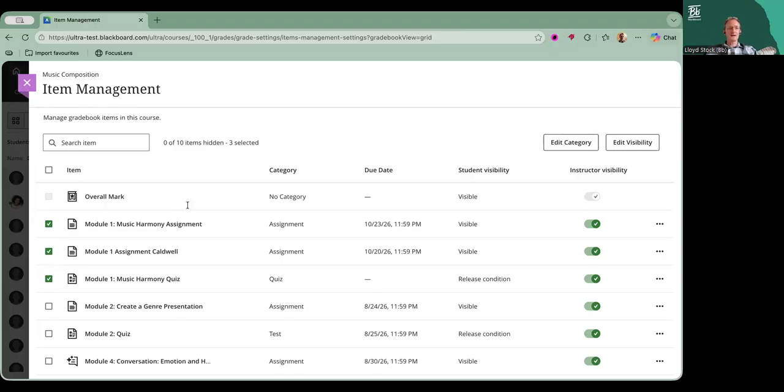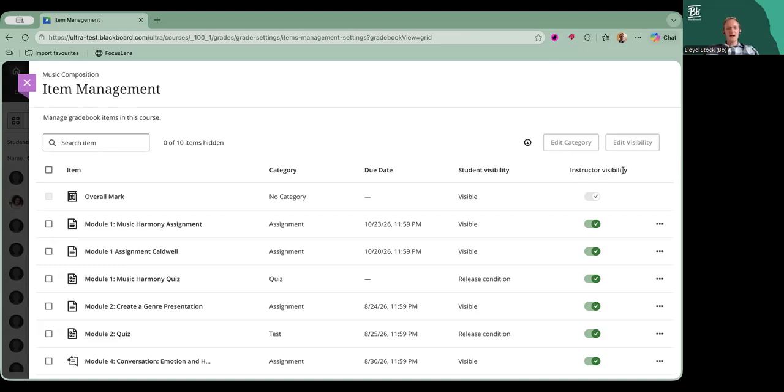You can't do that here. But what you can do is bulk edits on categories and visibility. Visibility can be done from the content area anyway, but category adjustments need to be done here in the gradebook. So you can adjust that category